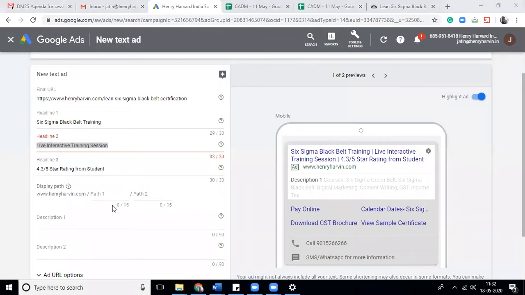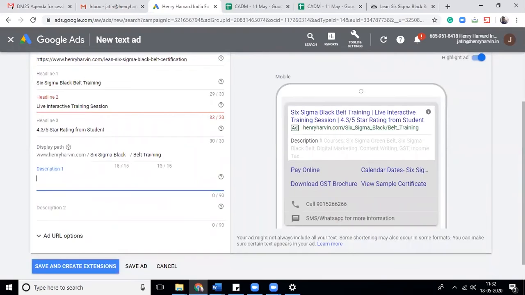Okay. Then after that, the display part. Display part is nothing, just to put your keywords. So somebody searching Six Sigma, black belt, you write keywords over here, nothing else. Okay. And after that, in description, although 90% of the people don't read them in detail, you will